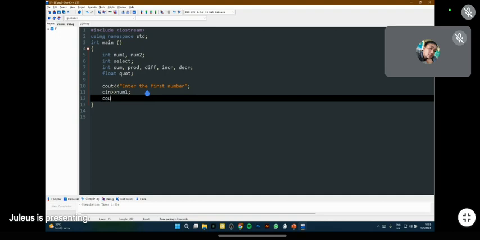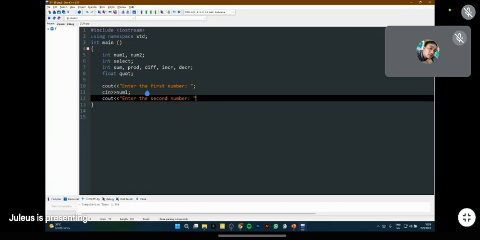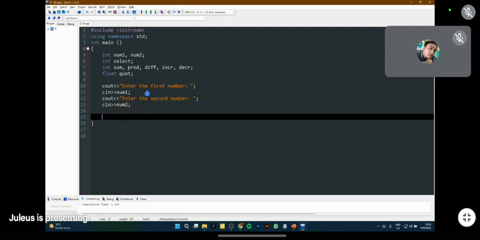And after that, we will enter another number. Enter the second number. And then save it to, asa na to i-save? Num2. Num2. All right, now that we have values for num1 and num2, we're going to create the computation.